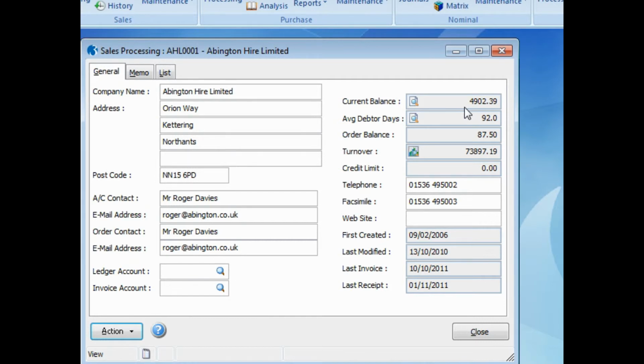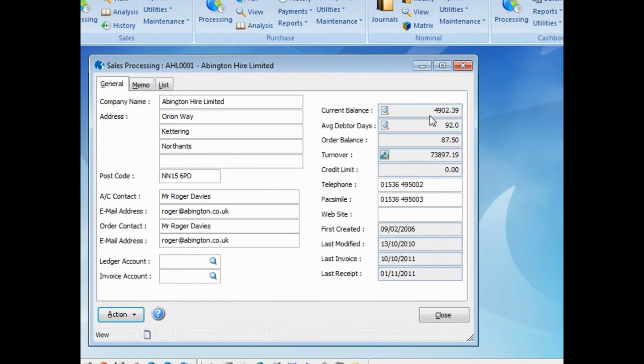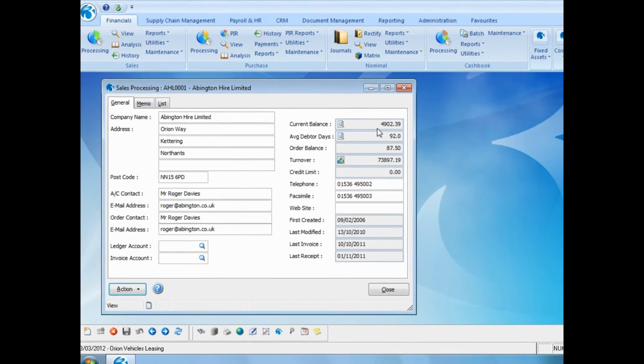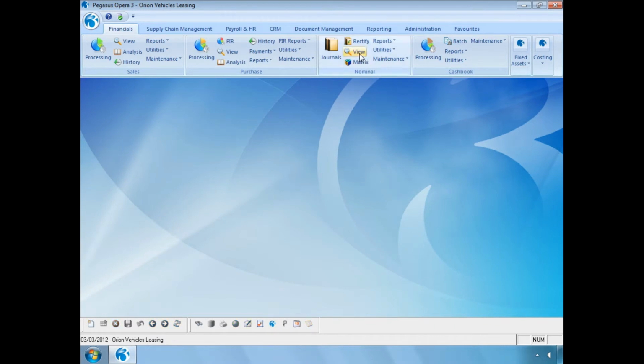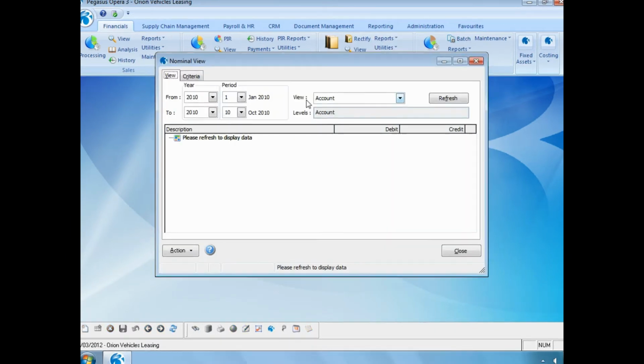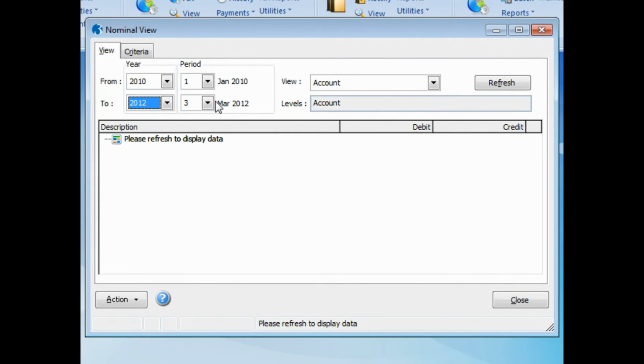So let's have a look and see what's happened in the nominal ledger. I'm using real-time update of nominal, so my journals have been posted straight away. However, if you're not using real-time, then this posting will be sitting in the transfer file, ready to be transferred into the nominal. So let's go into our nominal view and we'll filter purely for the current period, which is period 3, 2012. I'm going to select a simple view by type, subtype, and then account,